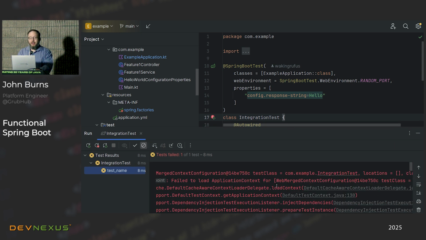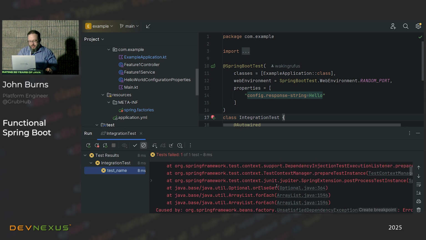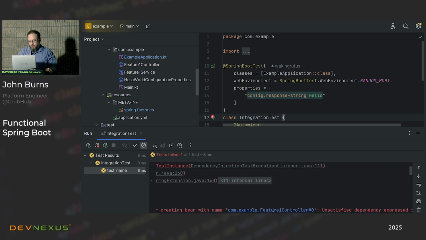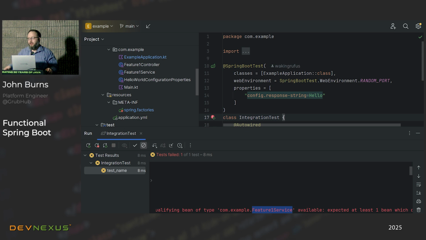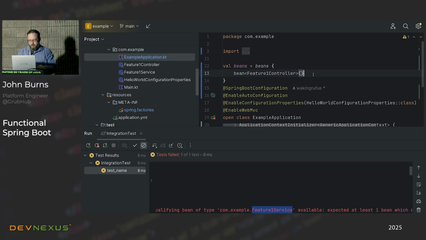This is one of those things, right? If you're new to Spring and you see this, you're just, what is going on, right? But I've been doing this a while. I know what to look for. It is unsatisfied dependency, right? Our controller's trying to spin up, but it's missing one of its dependencies, the service class, right? We're trying to inject that, but we never declared that as a bean. Okay, so we just add that.